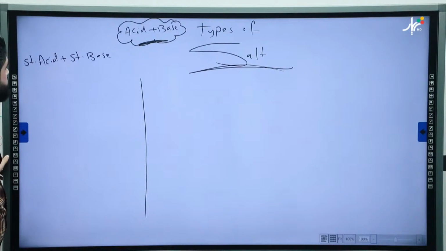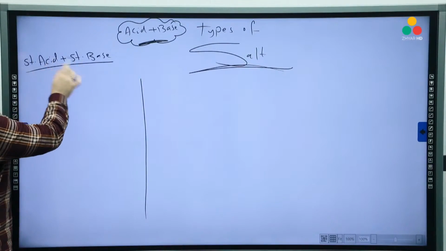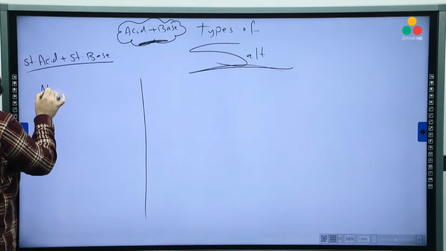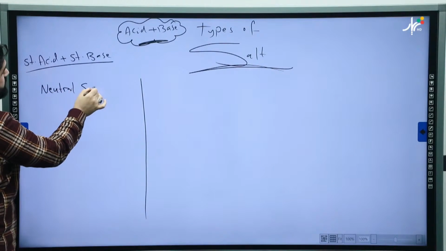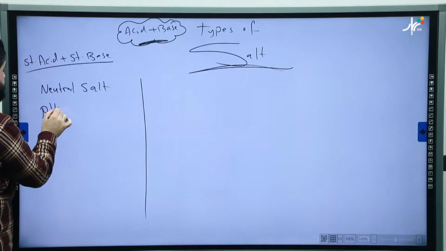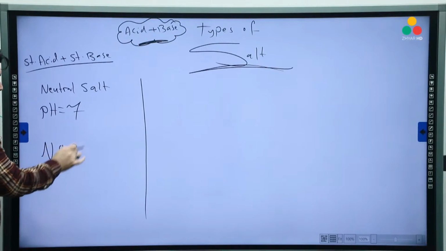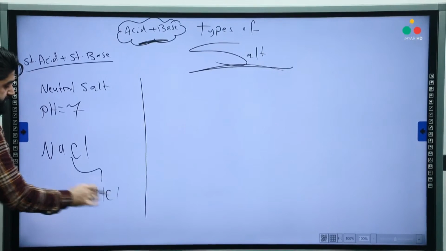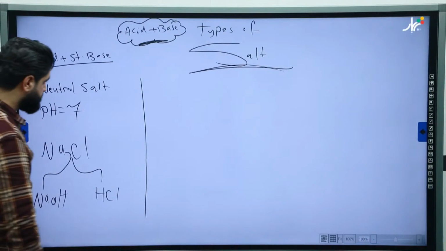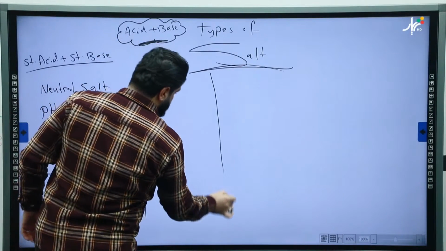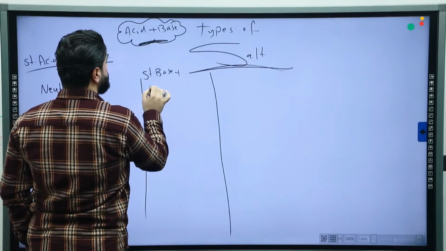Well, we don't know base also, but we have to respect them. When they react together, if both are strong, the acid called neutral acid, the salt called neutral salt. Neutral salt has pH of 7, for example NaCl. Cl provided by HCl, Na provided by NaOH. It's neutral salt. We have another type of salt contains from strong base plus weak